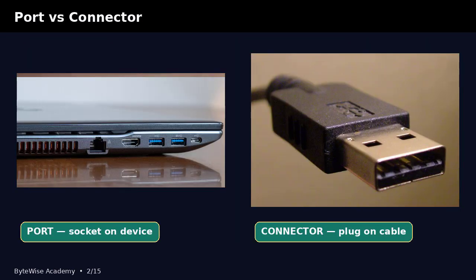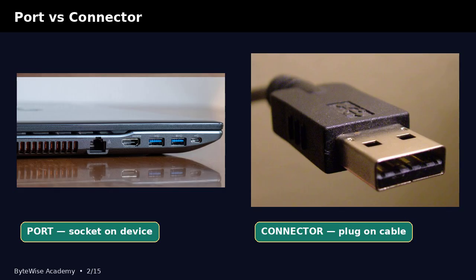Before we look at different types, let us understand the difference between a port and a connector. A port is the socket or interface that we find on a computer or another electronic device. A connector is the plug attached to a cable or device that goes into the port. Think of it like a doorway. The port is the doorway and the connector is what enters through that doorway. For example, the USB port is on your computer, while the USB connector is attached to your USB cable or